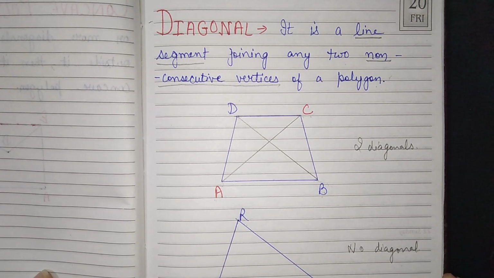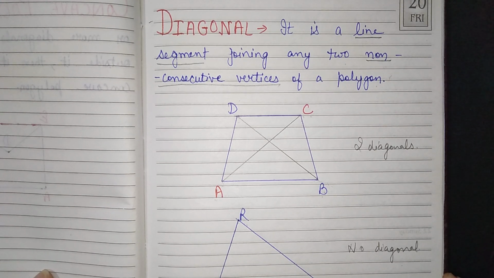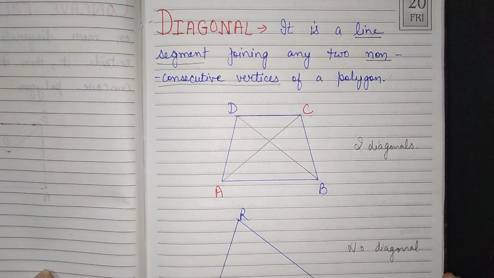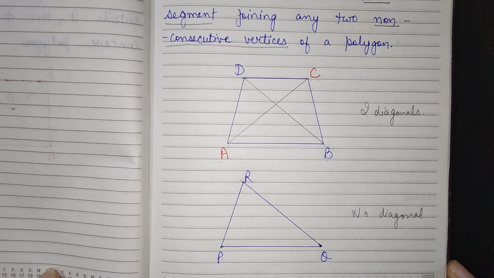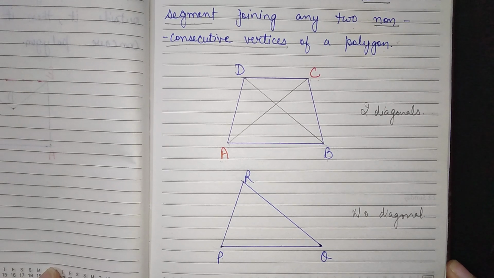Now suppose somebody is asking how many diagonals are there in a quadrilateral. You will say within seconds that it has 2 diagonals. And somebody is asking how many diagonals are there in a triangle. Again within seconds you will reply no diagonal. But somebody is asking how many diagonals are there in a 13-sided polygon. Then it will be a time consuming task for you. First you will draw a polygon having 13 sides. Then you will try to draw the diagonals, and then you will count all the diagonals. It will become a very tedious process. So to avoid this type of process, there is one formula to count the number of diagonals.